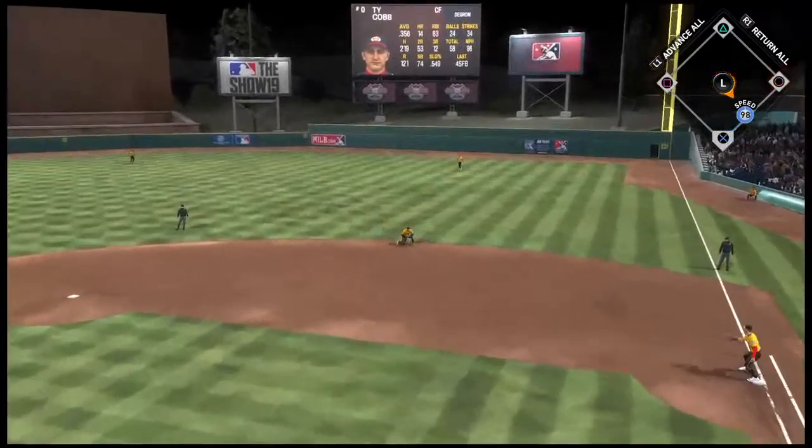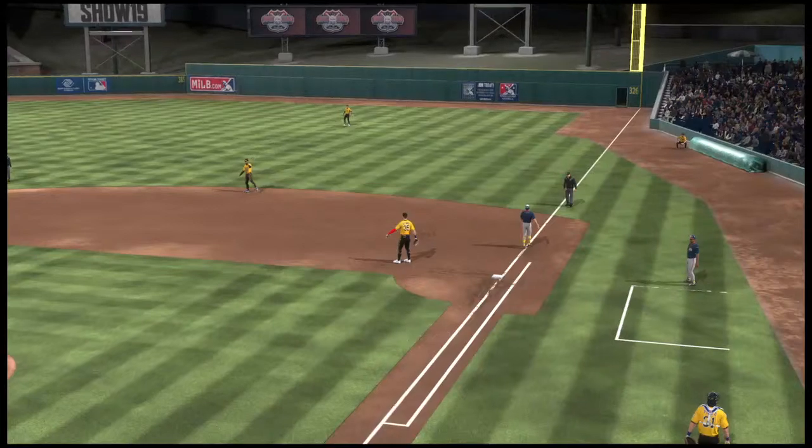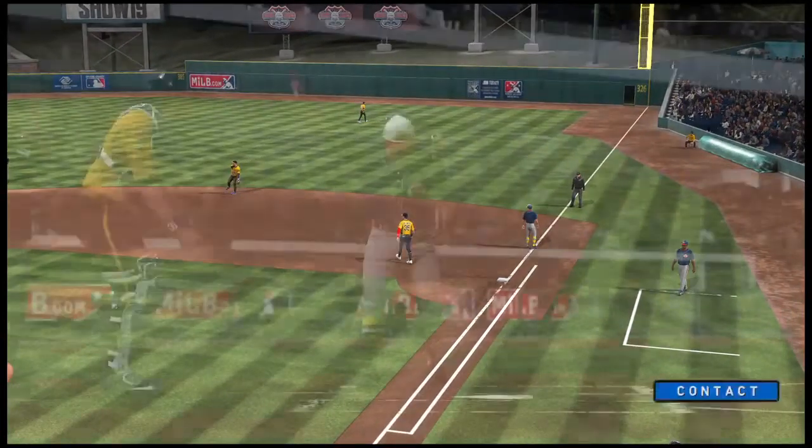Sent on the ground out to second. Alomar gloves it. Throw to first in time. 1 gone here in the 4th. The batter,